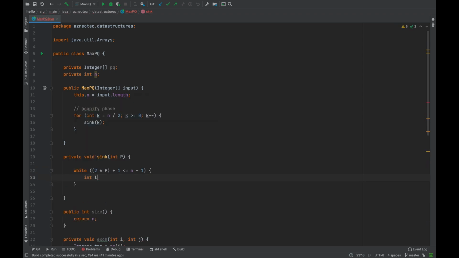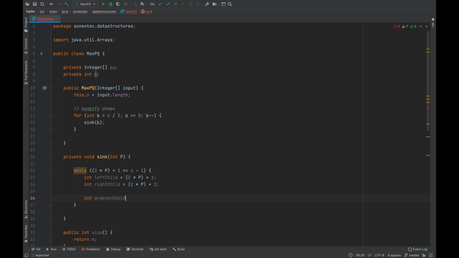So once we have done that, we will fix our left child, which is nothing but our 2 star p plus 1, and with the help of the left child we will put on our right child as well, which is nothing but 2 star p plus 2 or left child plus 1, whatever it is. It's up to us to implement it. So we need to fix the greater child, greater among the two. First we will fix the greater child as left child,